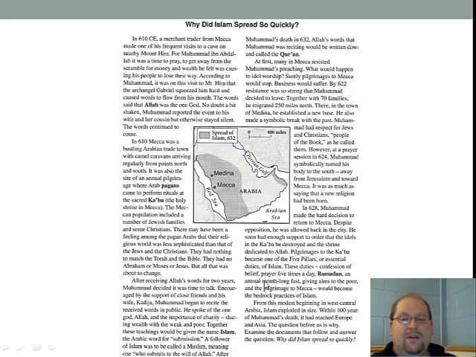These duties: confession of belief, that's 1. Prayer 5 times a day, that's 2. Ramadan, which is a month-long fast, that's the 3rd one. Giving alms to the poor, or helping the poor, that's 4. And the pilgrimage to Mecca, once in your lifetime. Those 5 pillars would become the bedrock and the foundation of a lot of the key parts of the Islam